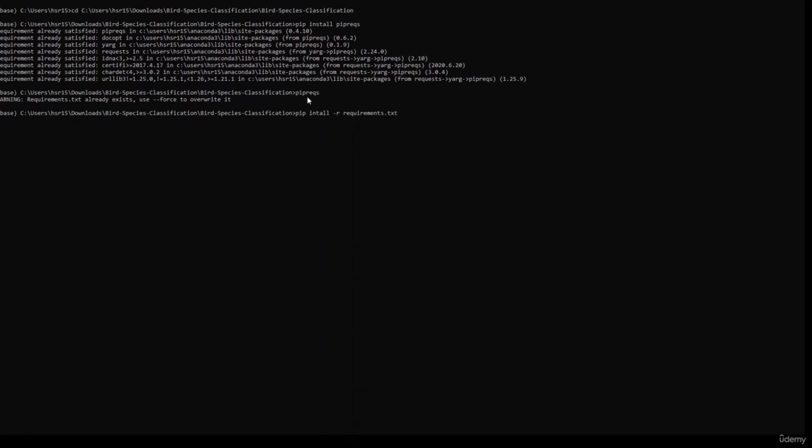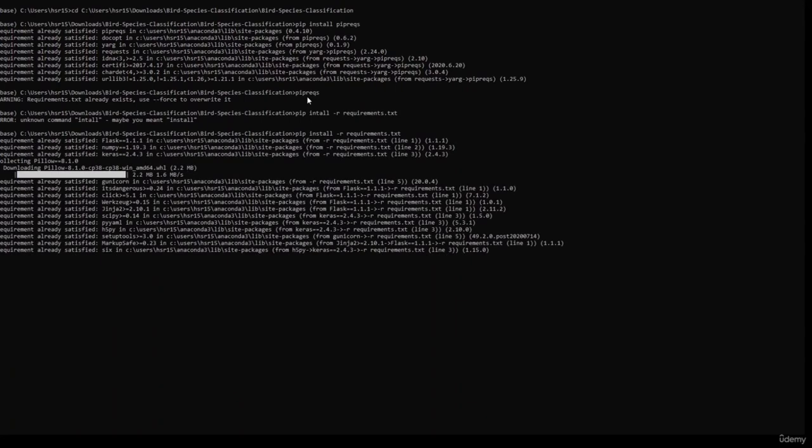What this will do is install all the requirements that we mentioned in our requirements.txt file. As I have already satisfied all the requirements on my system, it is not installing them again. Yeah, but it installed pillow.